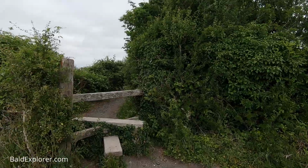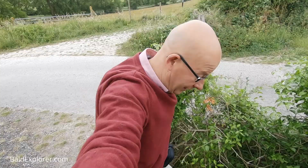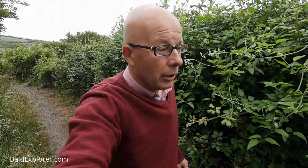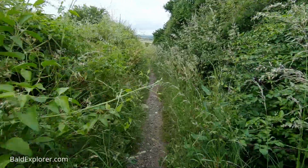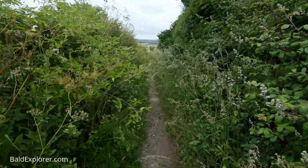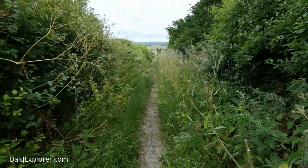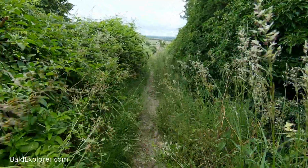So I may abandon my plan and go over this stile and see where this takes us. Sometimes it's just nice to just go with the flow, as it were. This is an interesting path. It's one of those lesser walked paths, clearly, with the overgrowth of the brambles and the wild grasses, which is what makes it particularly interesting to go down,